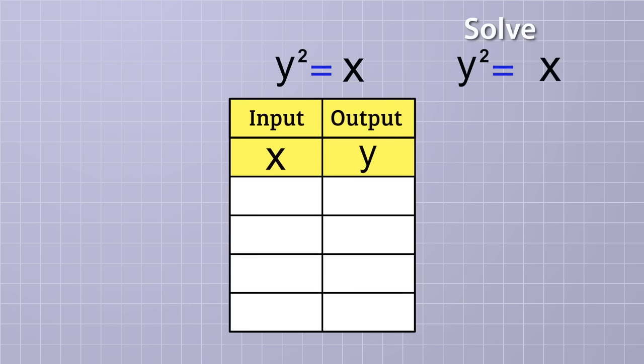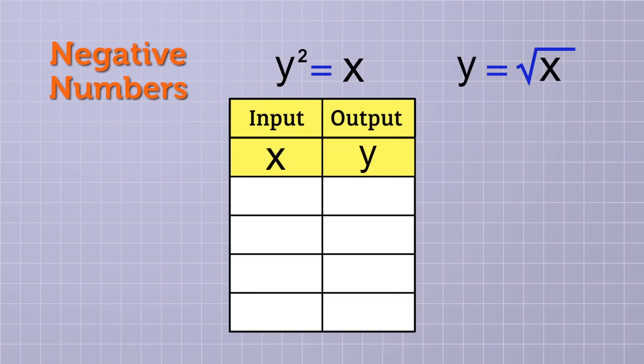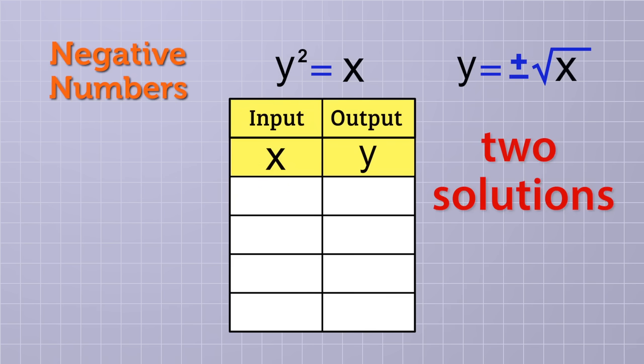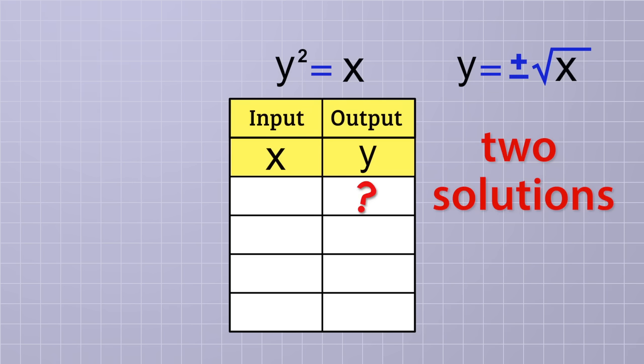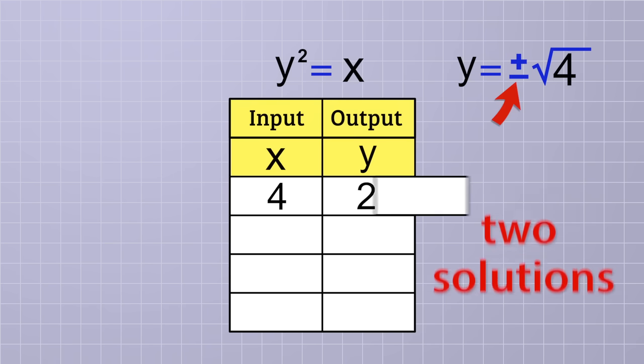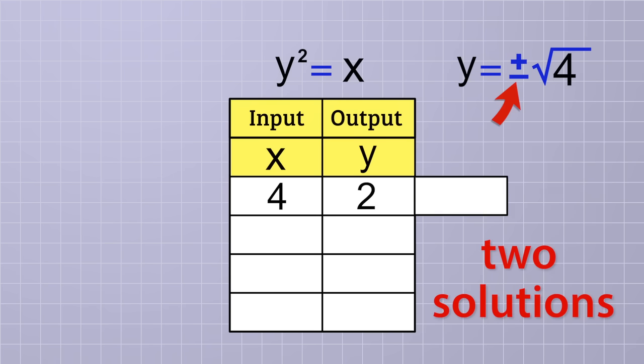and we do that by taking the square root of both sides. But because of negative numbers, we need to take both the positive and negative root of x, since there are two possible solutions to our equation. But won't that mess up our function table? If we input an x value of 4, the positive or principal root would be 2, but we also have the negative root as a solution. If x equals 4, then y equals 2 and y equals negative 2 are both possible solutions to the equation